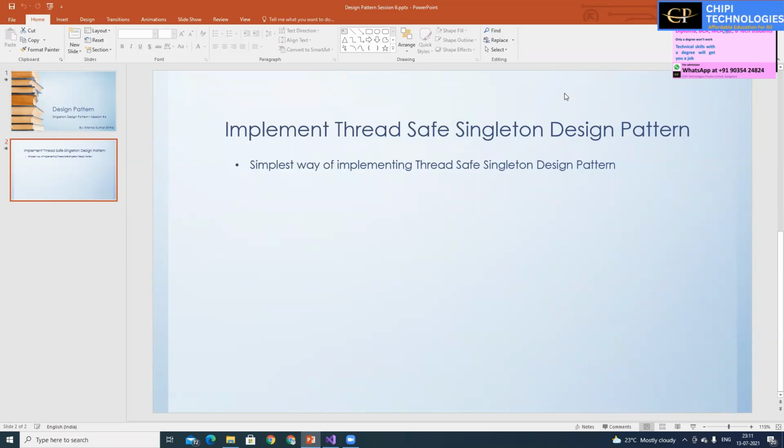And today we are going to continue with the same session, same topic, that is singleton design pattern. We have already talked about singleton design pattern in my previous sessions, multiple sessions we have already done, and we have covered some of the important things. Today, I'm going to talk about one of the simplest ways of creating a singleton design pattern, and basically the thread safe design pattern. Okay, so we have already implemented a thread safe design pattern where we have used locking